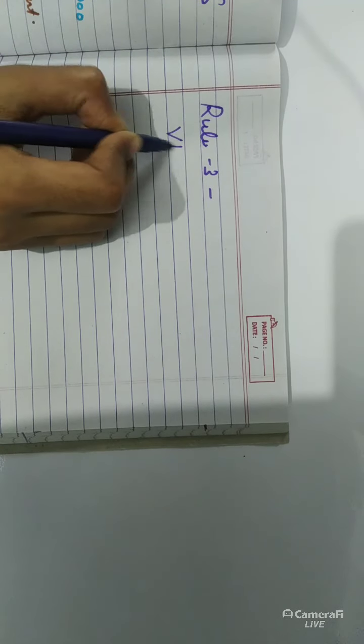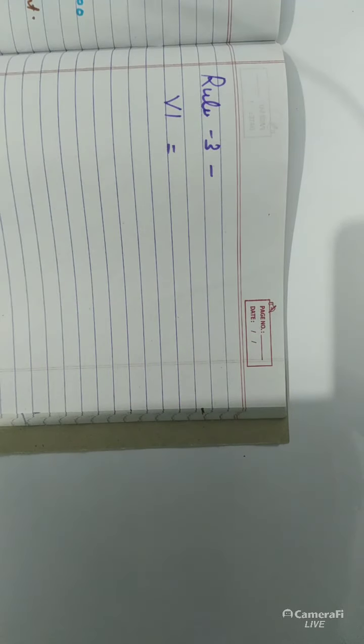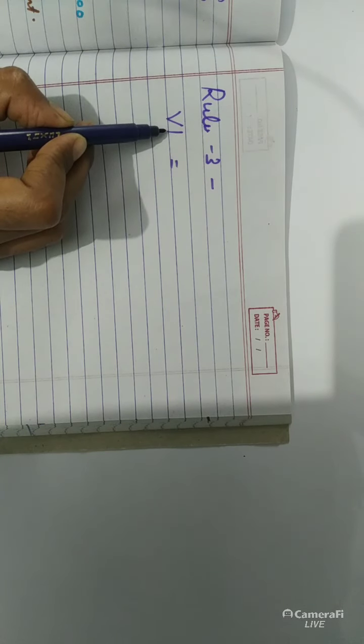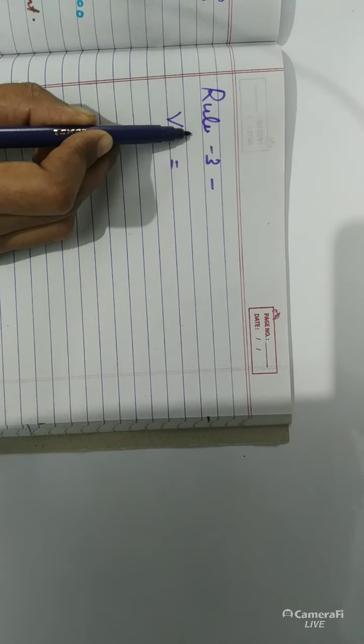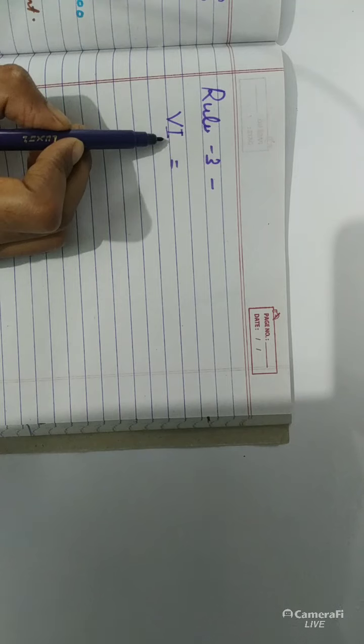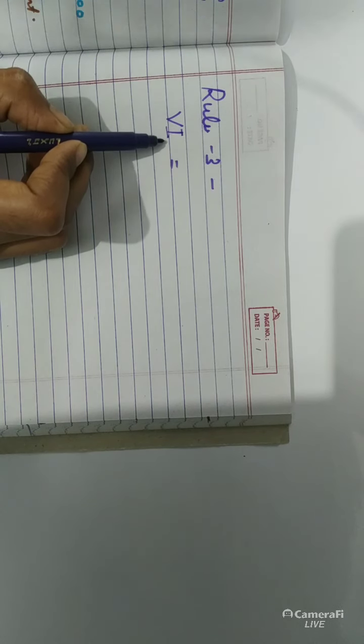Now tell me, how can you write this number? Children, you just learned that if a smaller number is on the left side, you subtract it, but here it is not on the left side. What is I? I is 1 and V is 5. Then I is less than V and it is written to the right side.